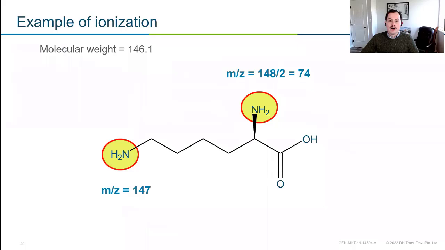Just a quick example of a compound of interest. This compound has a mass of 146. If we're doing positive ionization, here we would see a mass of 147, so we're adding a +1 in this case. If we had a doubly charged ion, we'd see this divided by 2. So instead of seeing a 147 or a 148, because it's two of the hydrogens, we'd see a 74. When you're dealing with larger molecules like proteins and polymers, understanding charge states is really crucial because you need to know what mass to look for.